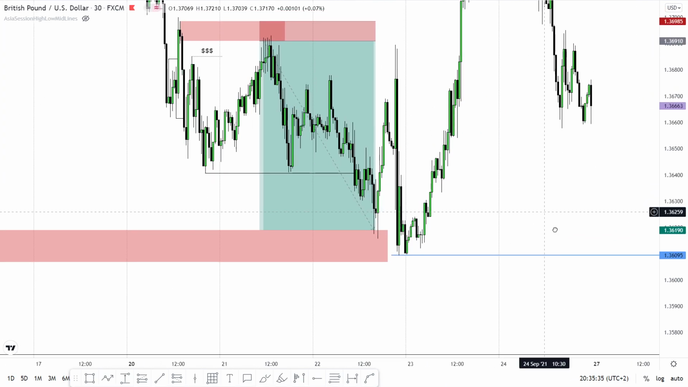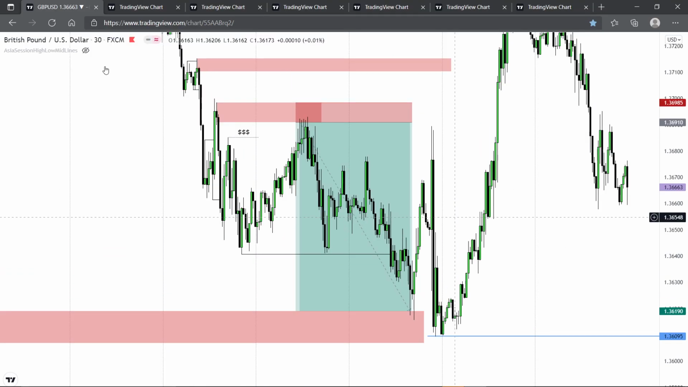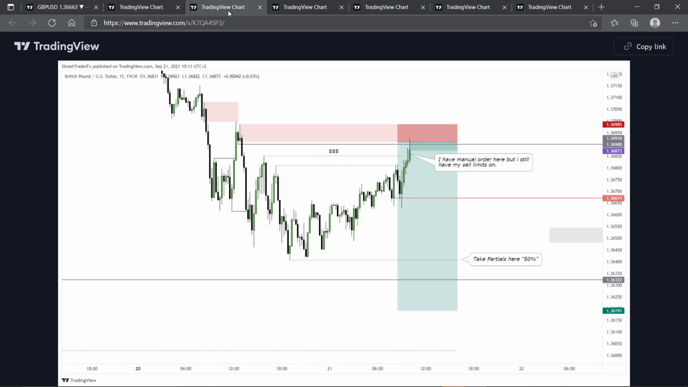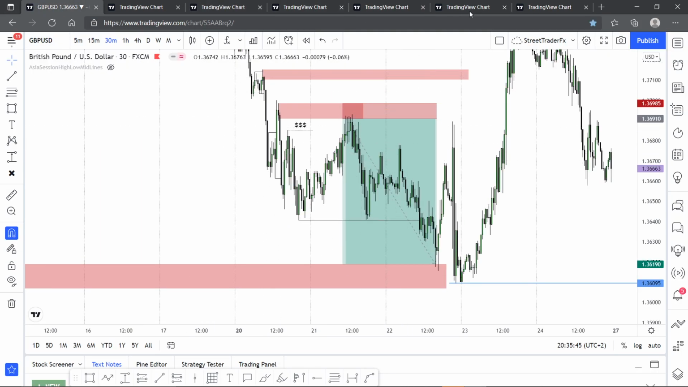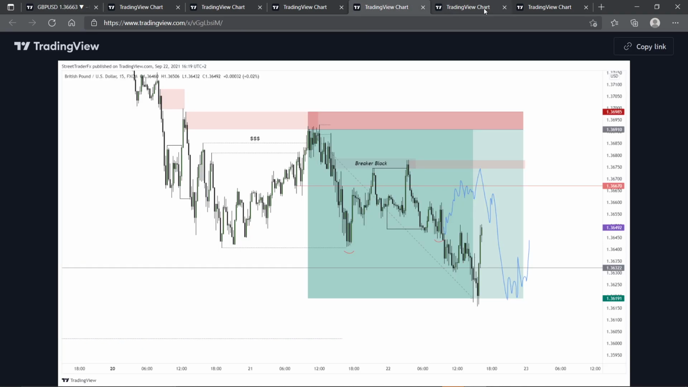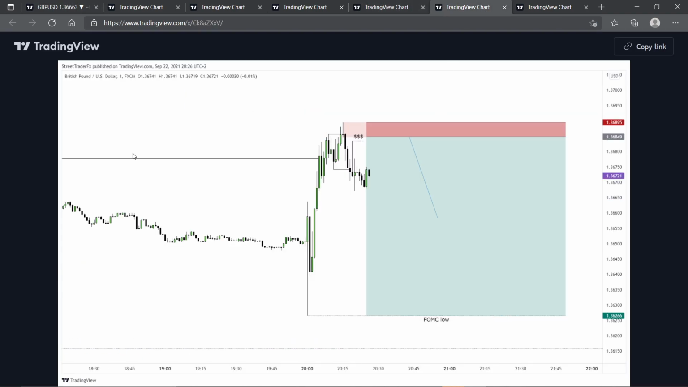So that's the first breakdown of the sell setup which I had here on GBPUSD, and hopefully it gives you an insight of what my thought process was at this point. So yeah, what we're gonna do now, we're gonna quickly break down this GBPUSD during the FOMC meeting, and then yeah,